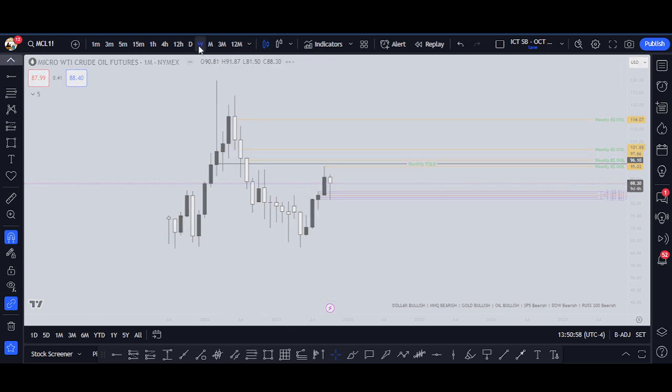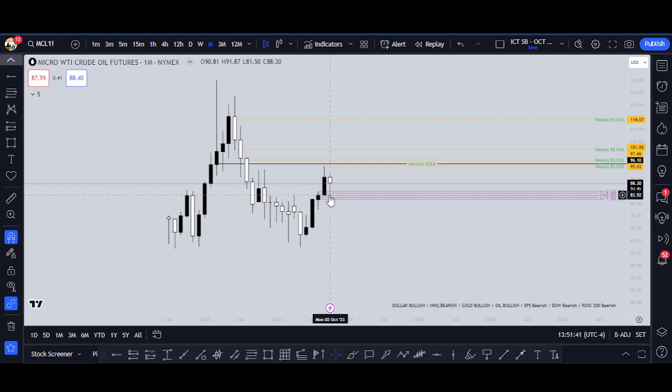Let's take a look at the weekly. We can take a look at the monthly as well. The month of September closed above the month of August's high, so it makes us bullish for the month. What did October do? Swept down. And guys, always remember, if it's going to go higher, it needs to go lower first. If it's going to go lower, it needs to go higher first. Grab that liquidity and head in the direction they want to go. So this month we went down.